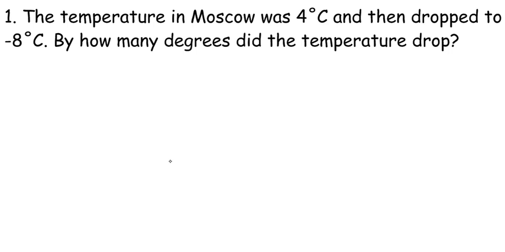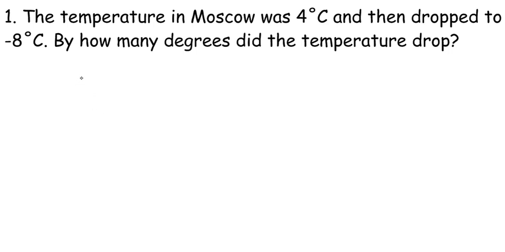So this first question talks about the temperature in Moscow being 4 degrees Celsius. It then drops to negative 8 degrees Celsius, and therefore by how many degrees did the temperature drop? Two ways of doing this really. The first of which is using a number line,